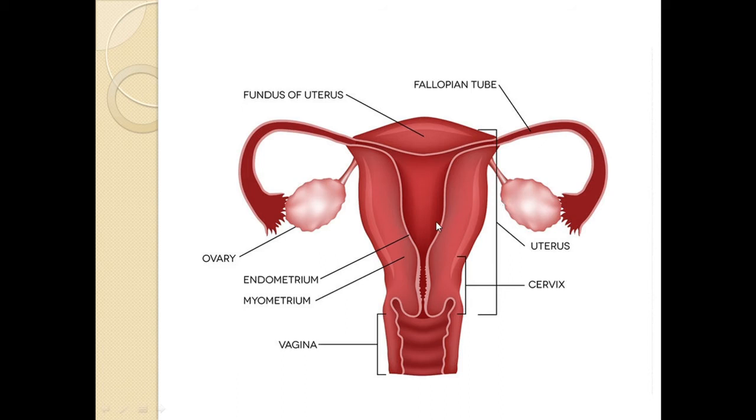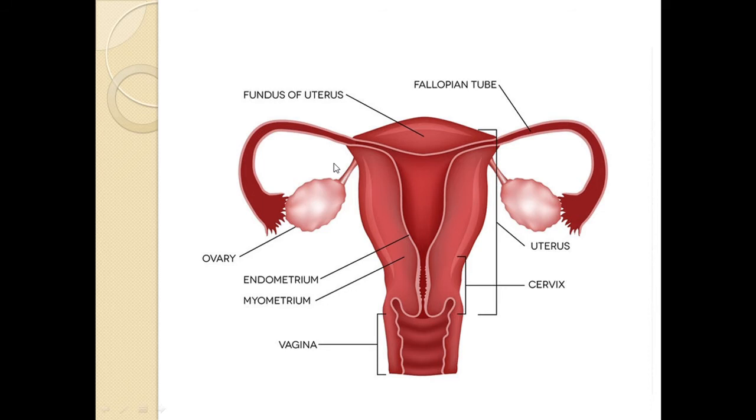Each ovary is about 2 to 4 centimeters long and it is connected to the pelvic wall. See, here it is connected to the pelvic wall and the uterus by the connective tissue known as the ligaments. See, here the ovary is connected to the pelvic wall as well as the uterus. The middle structure is the uterus. Don't get confused between ureters and uterus.